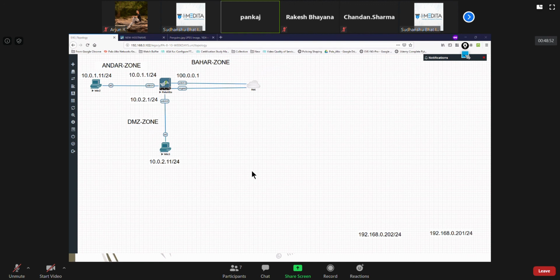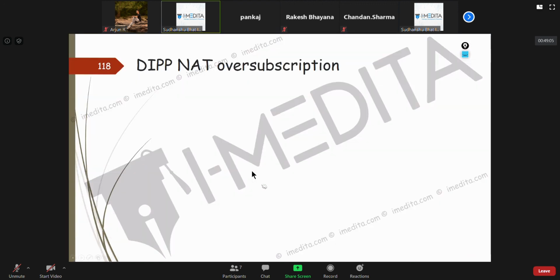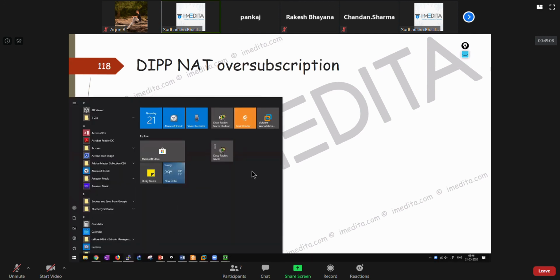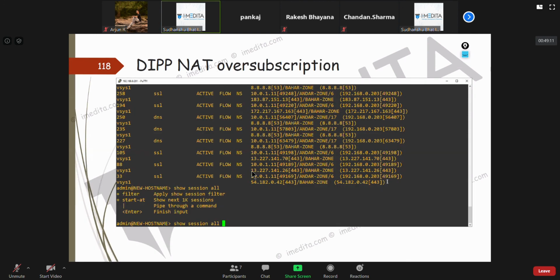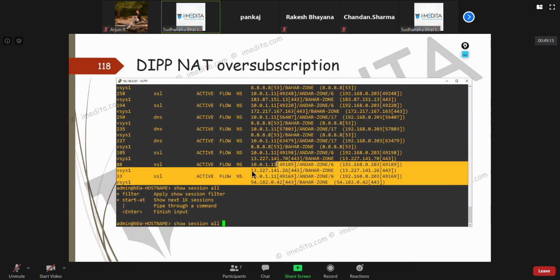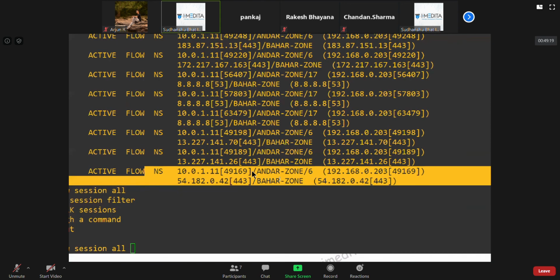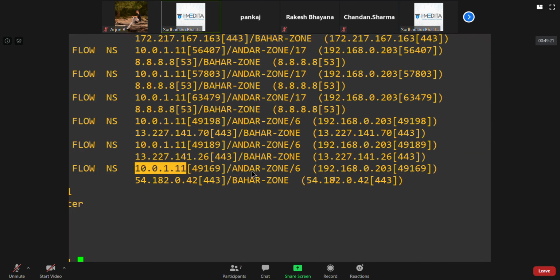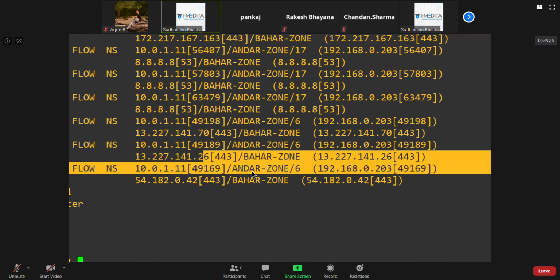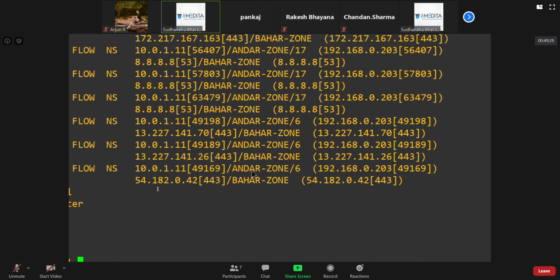How can you differentiate the NAT table and the state table? See, you can see the NAT table and state table here in a combined scenario. I'm actually getting deviated from that NAT oversubscription topic. But you can see the NAT happening here as well, right? Because you see the original IP, original port, translated IP, translated port. So it's in a way actually showing you NAT as well.